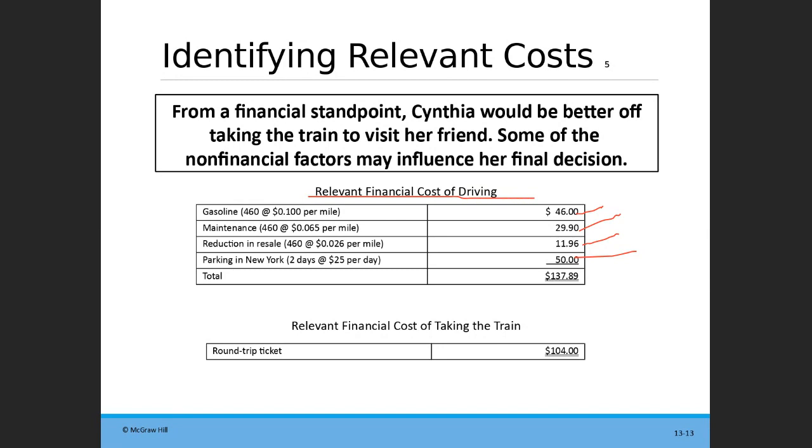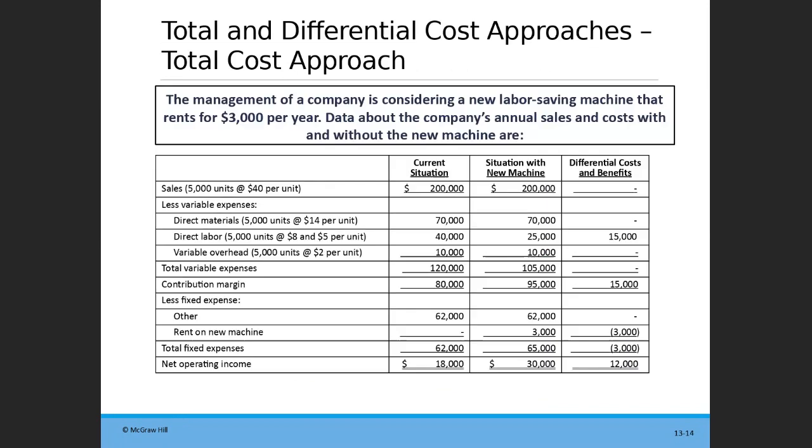Anyway, then the cost of taking the train is $104, right? But again, I would add in like an Uber or something. So if you have the car, you don't have to pay for an Uber or a subway ticket, but if you take the train, you will. Maybe your friend has a car and they're going to drive or something. Maybe that's why it's not in there. All right. So anyway,